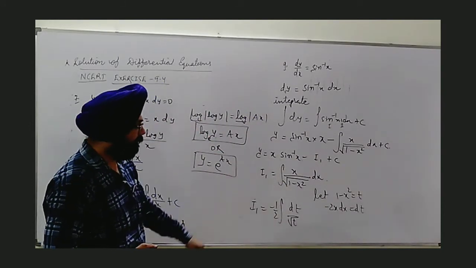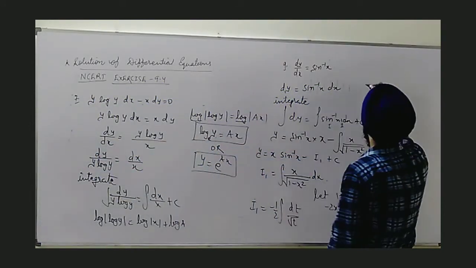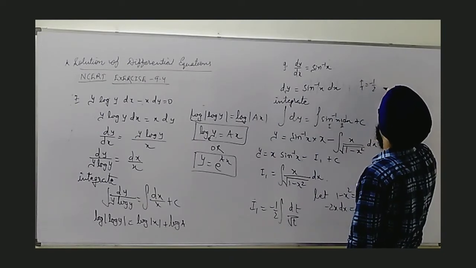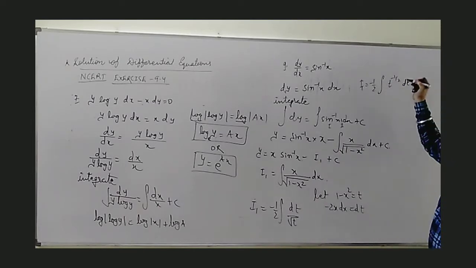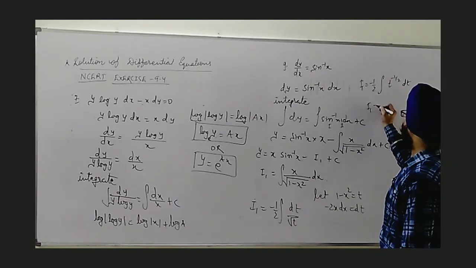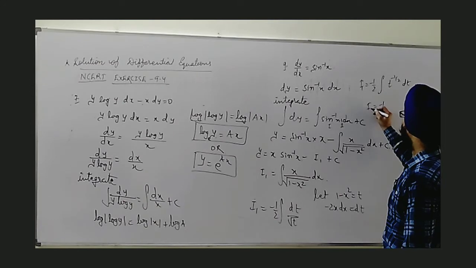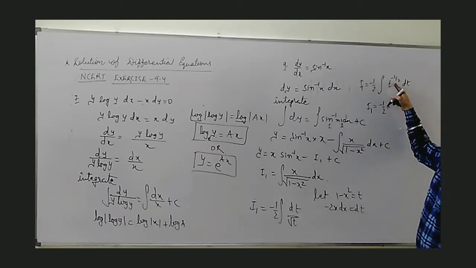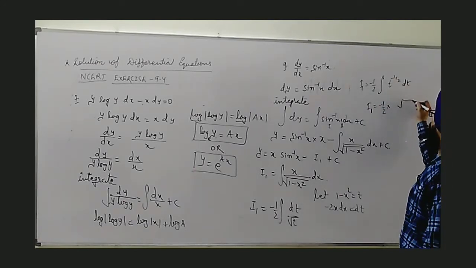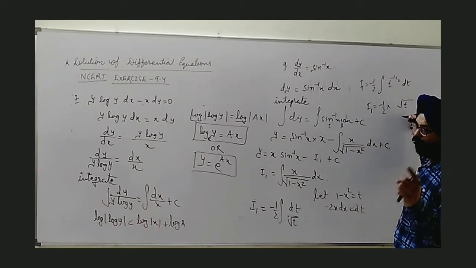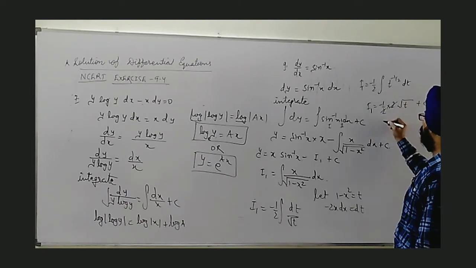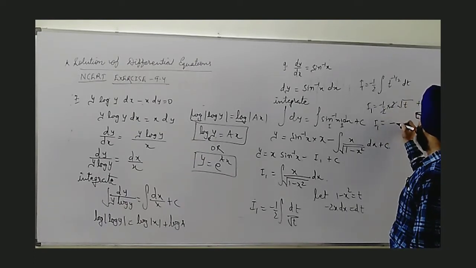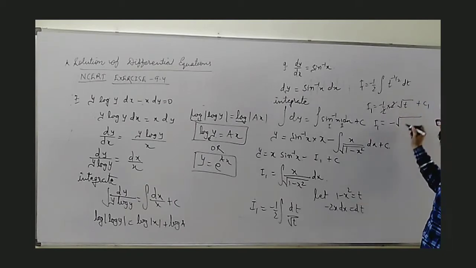Now this becomes very much convenient. We solve it as I1 equals minus half integral of t raised to the power minus 1 by 2 dt. Finally we get I1 equals minus half, t raised to the power minus 1 by 2 plus 1, which is root t, and in the denominator also 1 by 2 we get, it comes as 2 here, plus a c1. These two cancel out, and finally I1 is minus root t, where the value of t was 1 minus x square, plus c1.